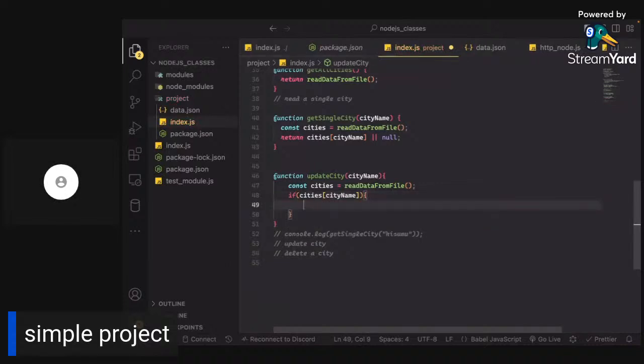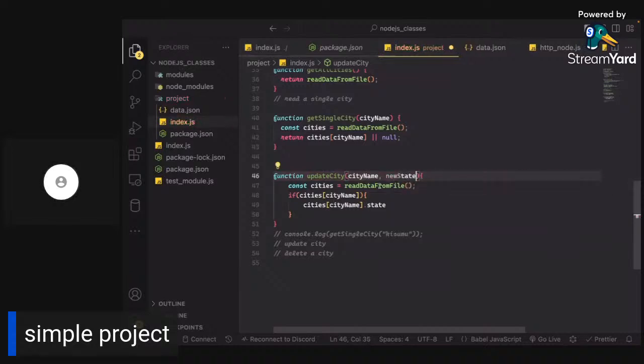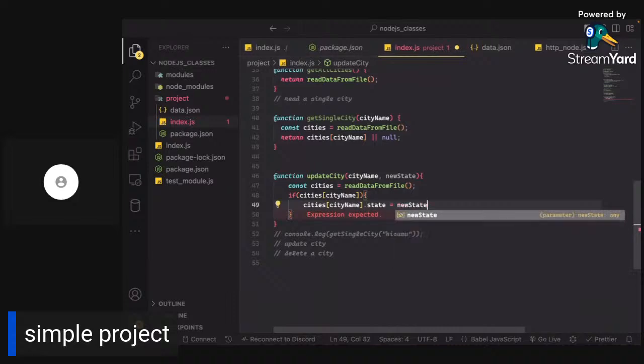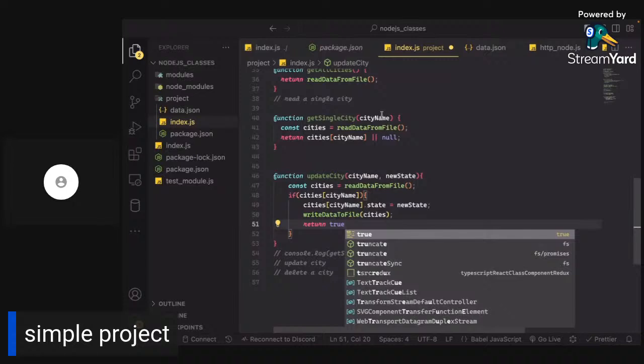In that case, cities[cityName].state is equal to newState, and then we just write the data back to the file, cities, and we are done. So we return true,